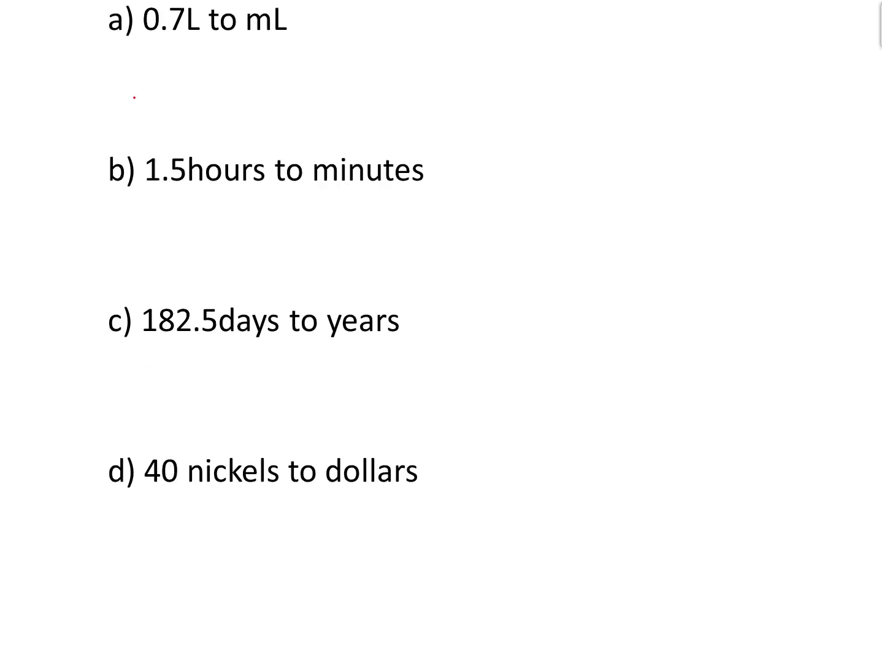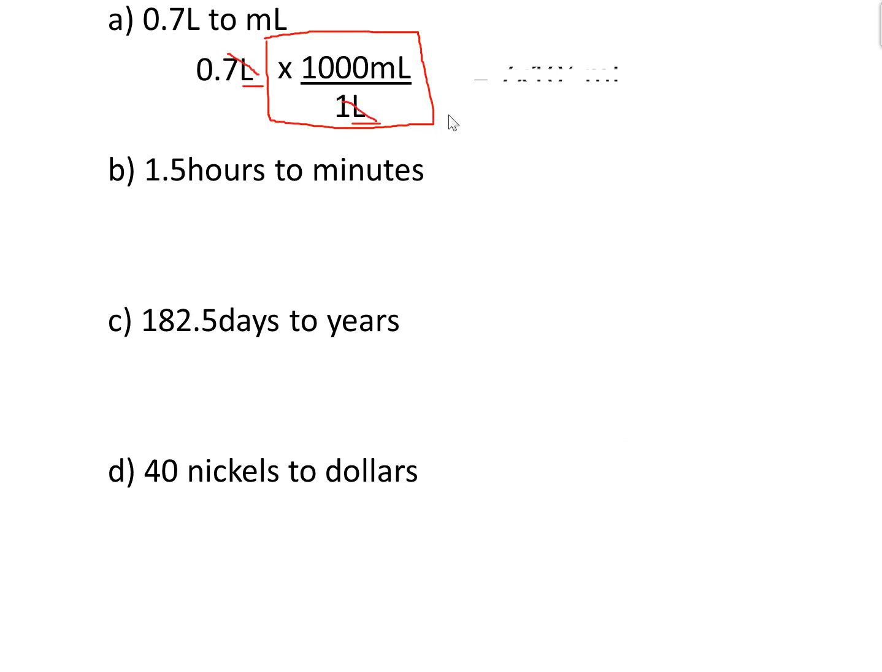First one, we have 0.7 liters. We want to convert that to milliliters, so we write 0.7 liters. We set up our conversion factor, and again, if you want to put them in boxes as you're starting out, just to identify this is the conversion factor. The unit we want to get rid of on the bottom, it's going to cancel out,